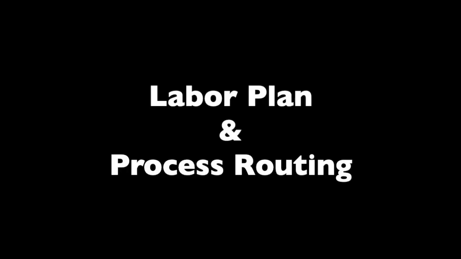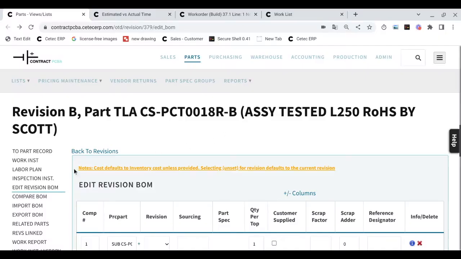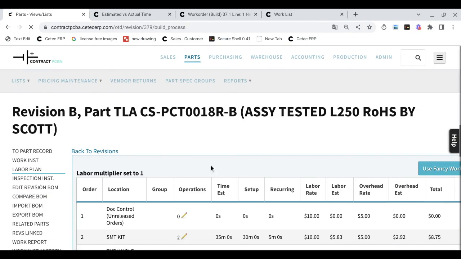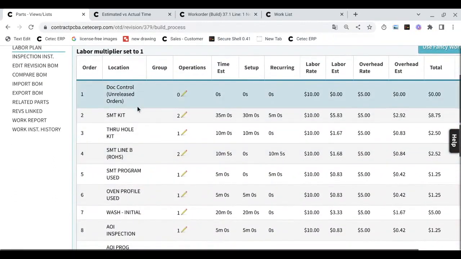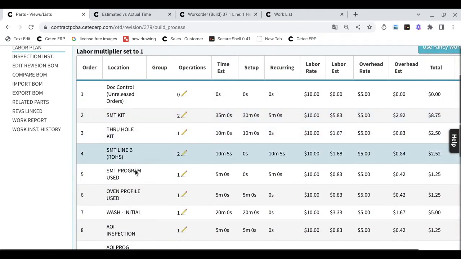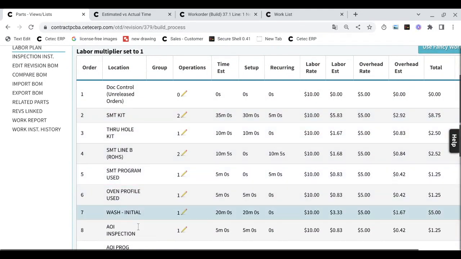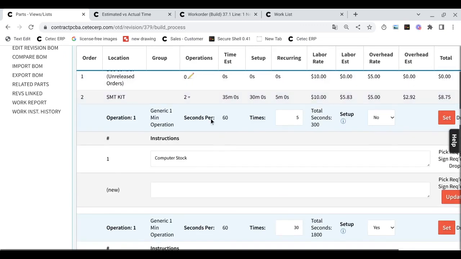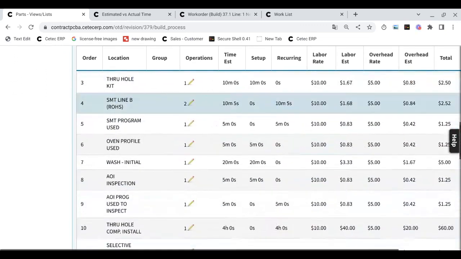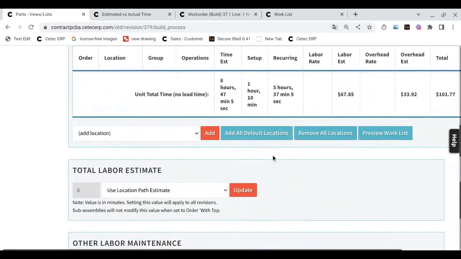Labor plan and process routing. Let's head to the labor plan and set up a process routing for this assembly. From this screen, you can add work locations in sequential order, from release and document preparation, to kitting and setup and prep stages, to SMT line work, to through-hole, wash, soldering, and whatever other production steps are needed in order